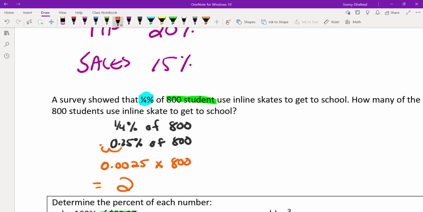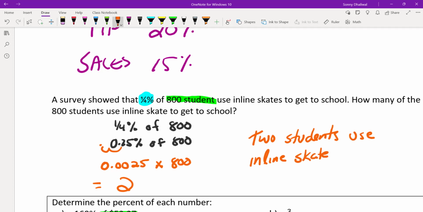So we say that in a statement: 2 students use inline skates to get to school. Okay? We'll stop there. We use the other ones as a warm-up before we do